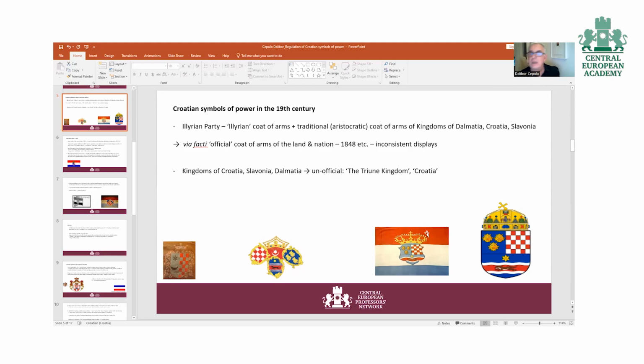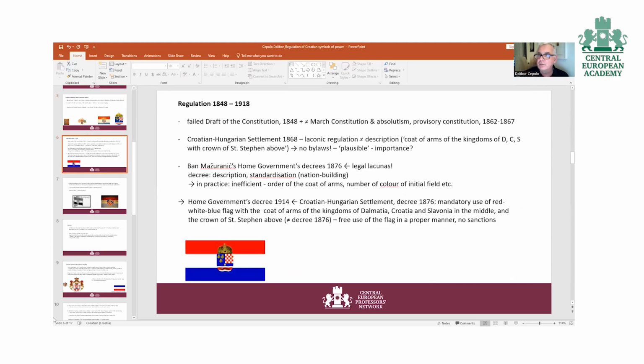At the same time, the national tricolor was invented as red, white, and blue, as the colors that were derived from the historical coat of arms, the Croatian coat of arms. The official regulation of these symbols was very undeveloped. In fact, the first attempt in 1848 failed, and the later times after that were not very friendly. The March Constitution, absolutism, and so on was not a very friendly period for regulating such symbols. So it was only the Croatian-Hungarian settlement of 1868